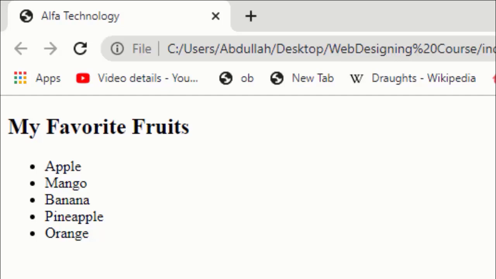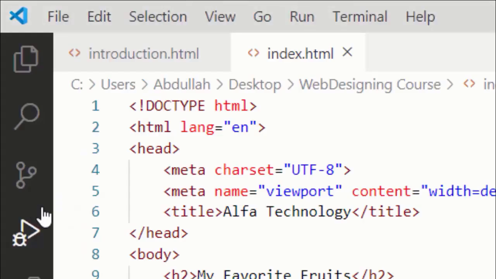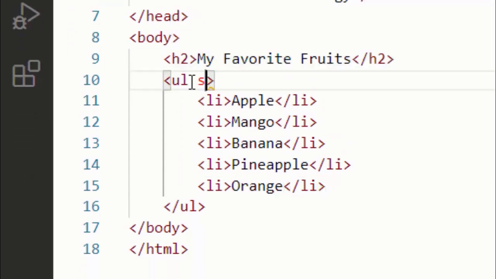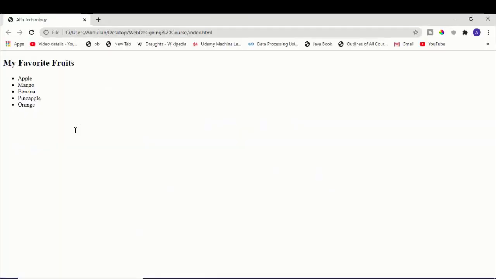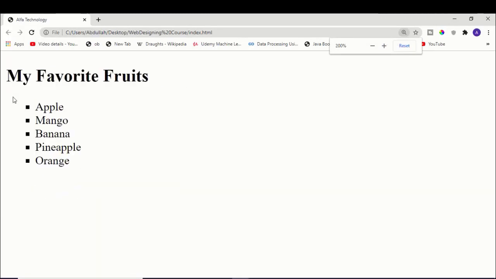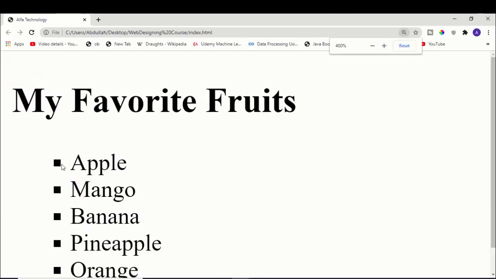Another thing is that you can change the style of these dots or bullets. So how do you change the bullet style? Here you will say type is equal to square. If I save this, go here and refresh it, and zoom in, you can see it becomes a square.